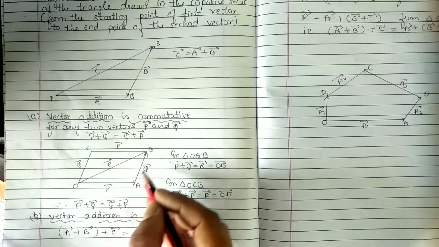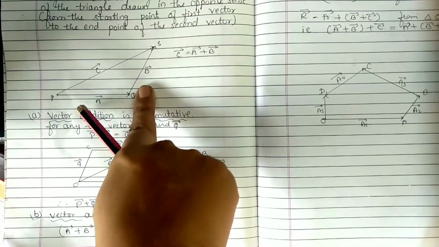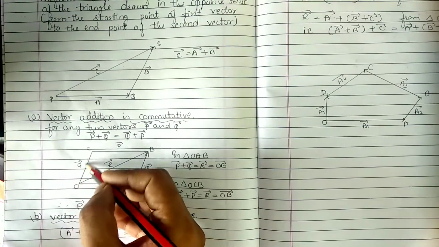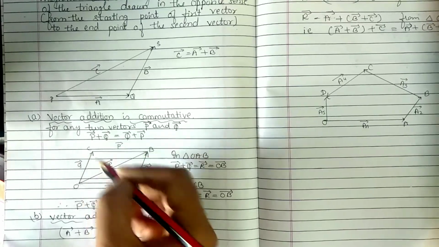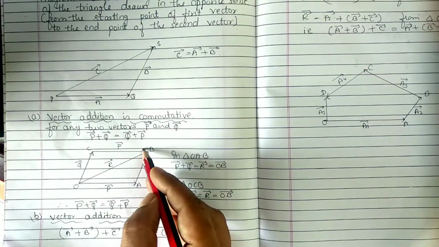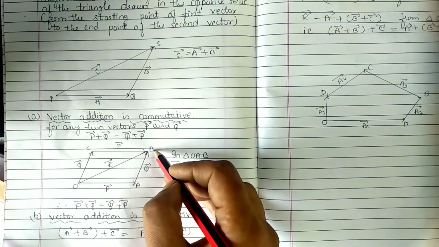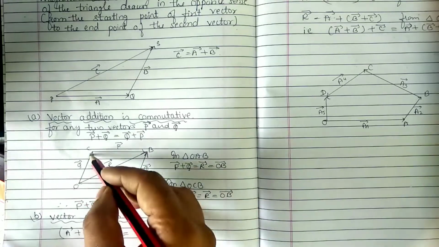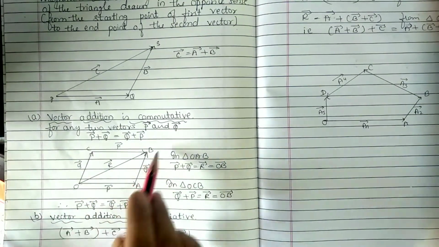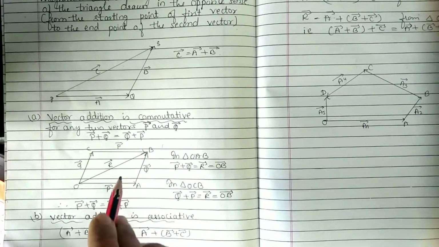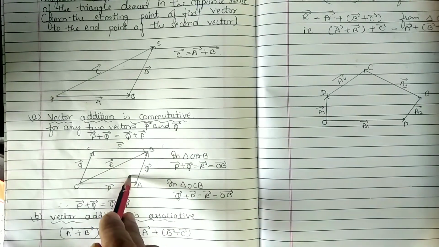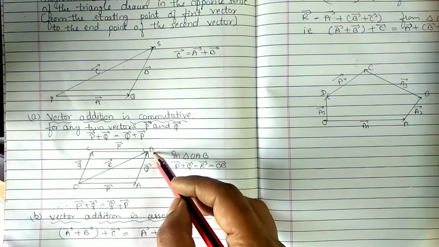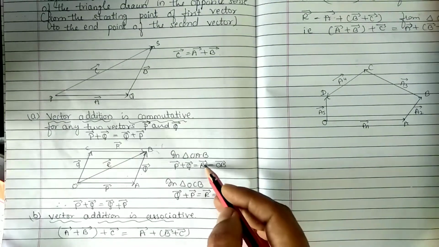P plus Q is equal to R according to this triangle law of vector addition. Now, if you take O to C, that is Q, then C to B, then what will be the resultant? O to B. Can I write Q plus P is equal to R itself in triangle OCB? So in triangle OAB, P plus Q is equal to R if you apply the triangle law of vector addition. In triangle OCB also, Q plus P is equal to the resultant from O to B, that is R. It means in both cases they are equal to R.